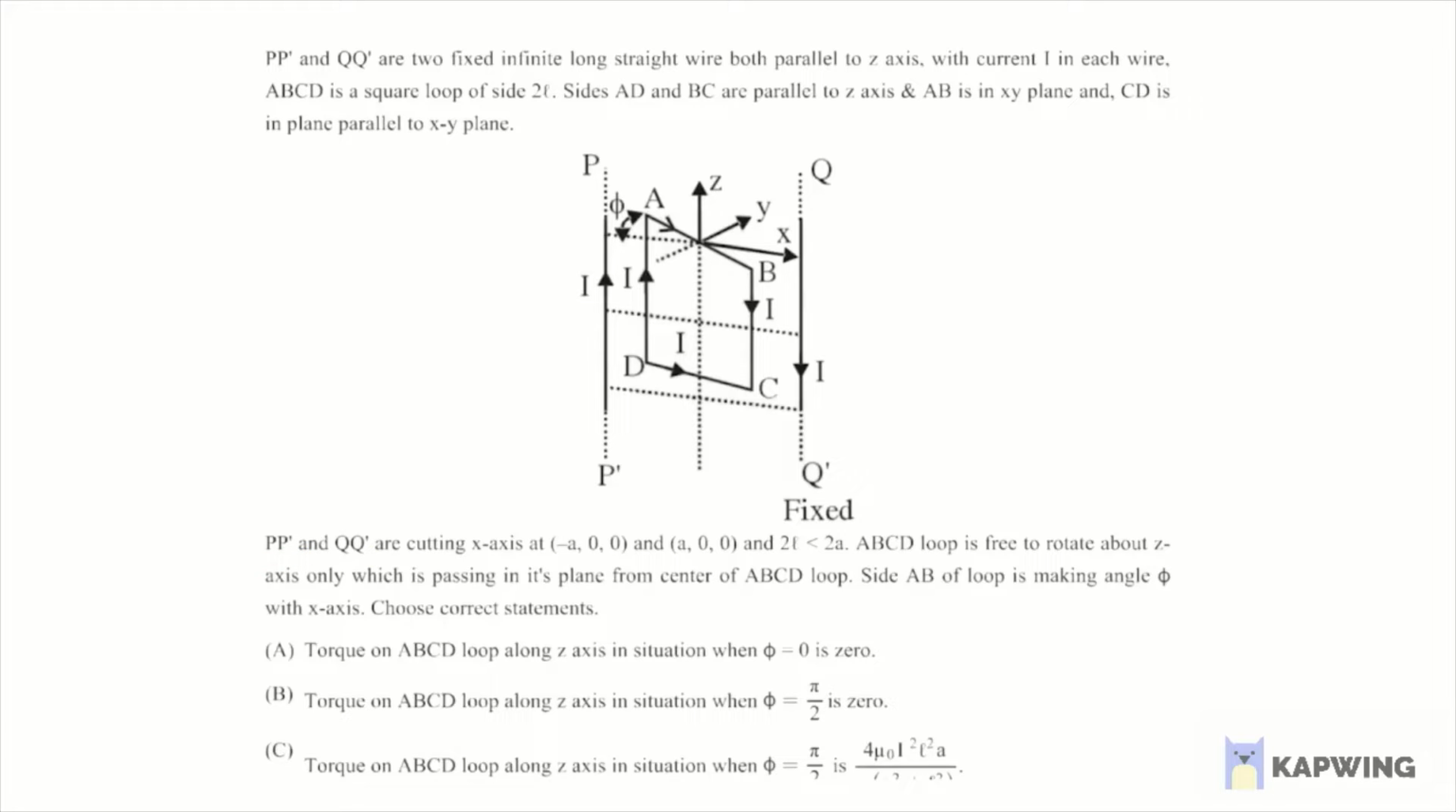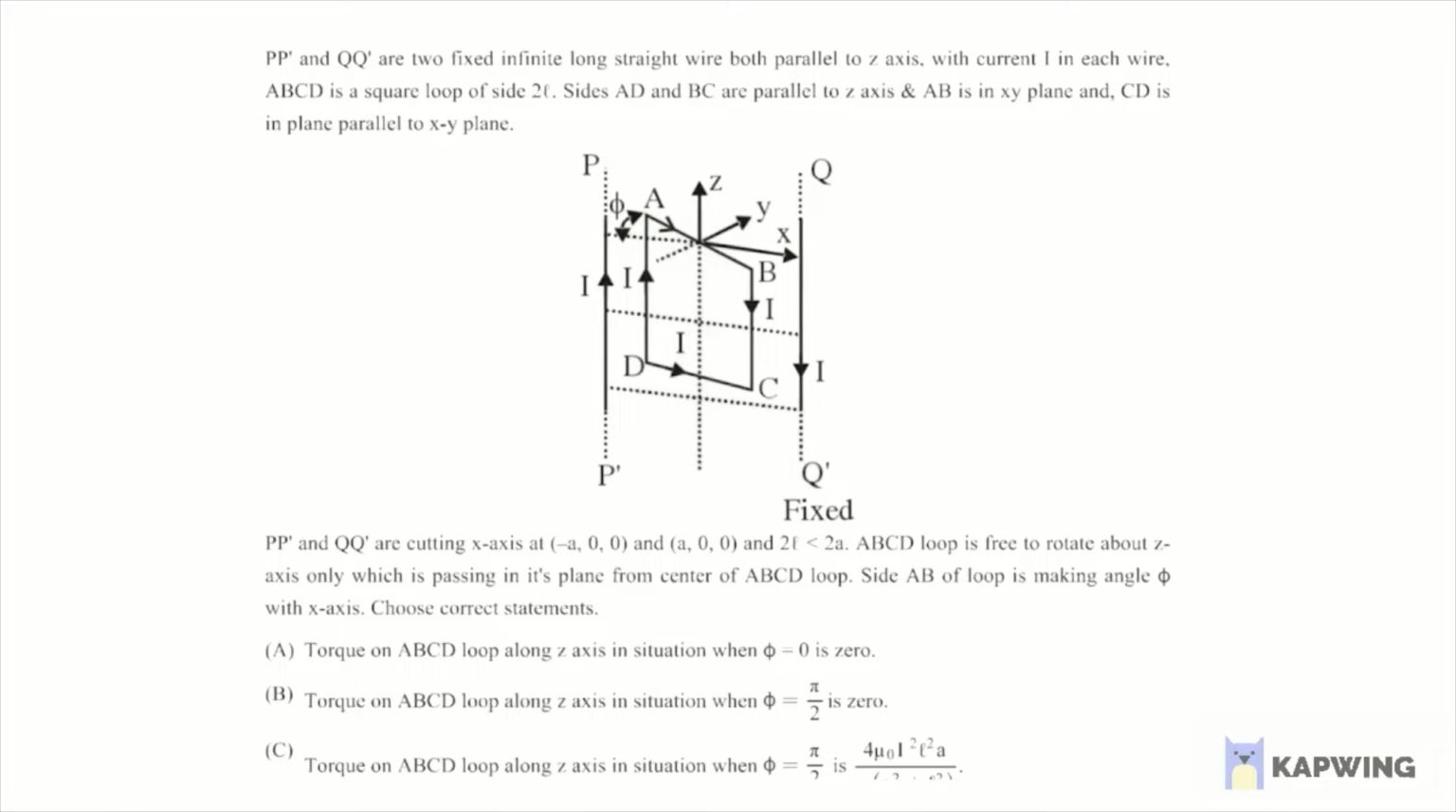PP dash and QQ dash are cutting the x-axis at (-a, 0, 0) and (a, 0, 0). This is PP dash, which is at x equals -a, 0, 0, and this is a, 0, 0, which means the separation is 2a, and 2L is less than 2a. Obviously 2L is less than 2a, so the loop can rotate in any direction about the z-axis, which is passing